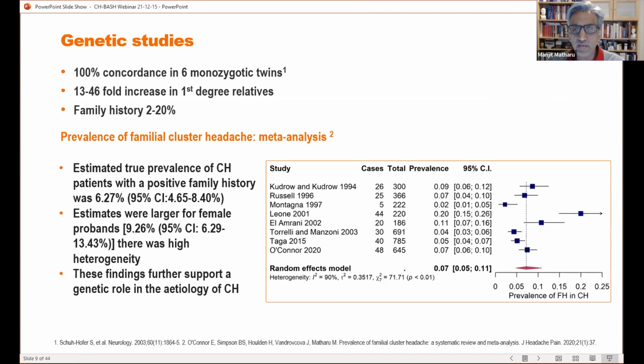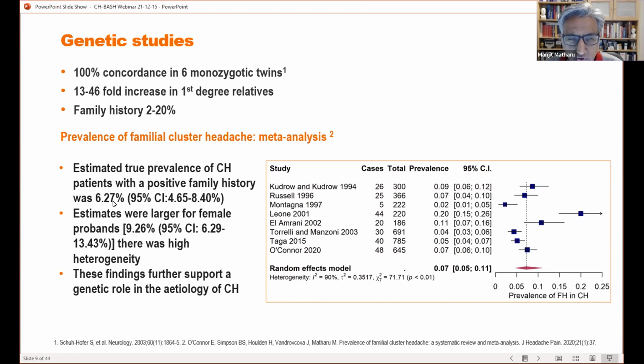One of the underlying etiological factors is genetics. In 6 monozygotic twins, there was 100% concordance. When you look at first-degree relatives, then it occurs 13 to 46 times more than you would expect it to by chance. And when you look at family histories, it's reported to occur in between 2 and 20% of families. So we did this meta-analysis to pin down that figure, because between 2 and 20 seems to be quite a large figure. And what we reported in this meta-analysis we published recently is that